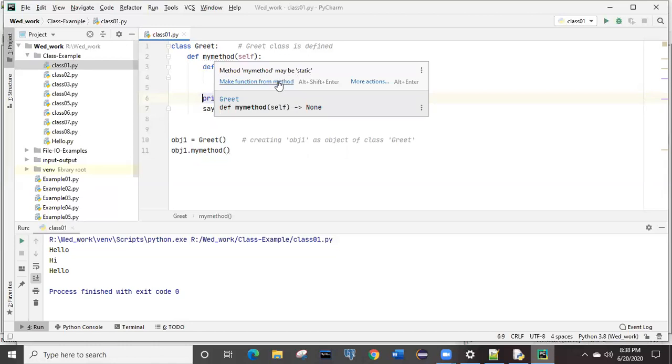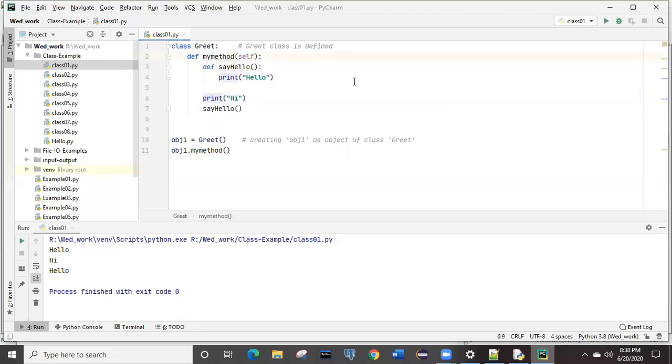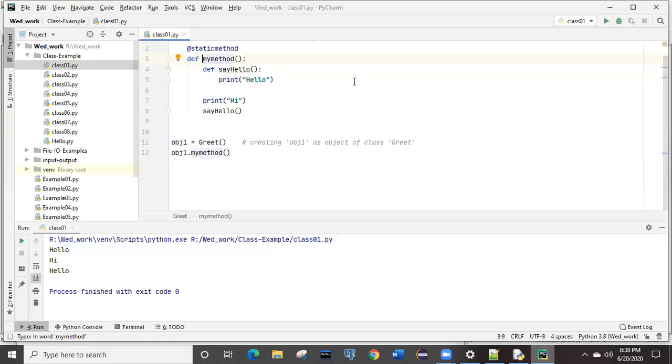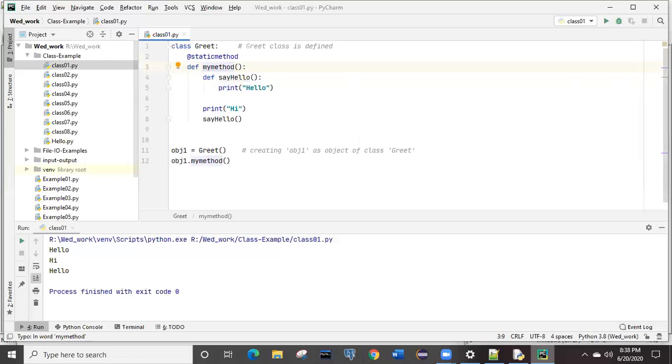How can we do it, and what would be the benefit? That will be the task. I simply told you this is the way we can make it static.